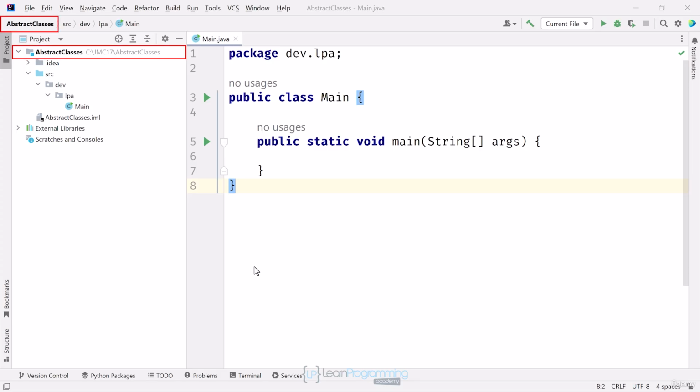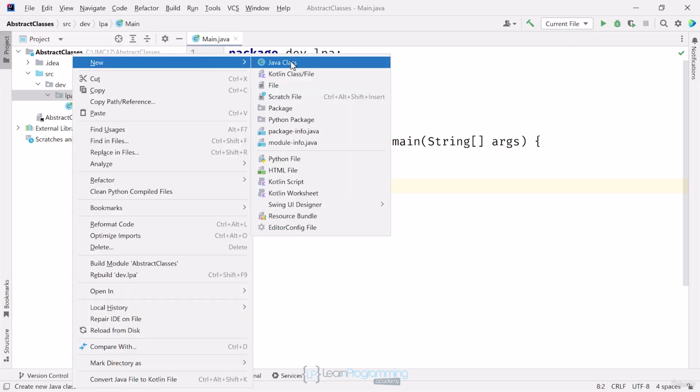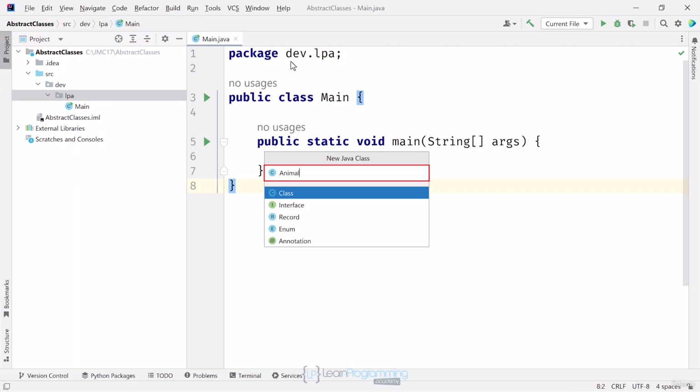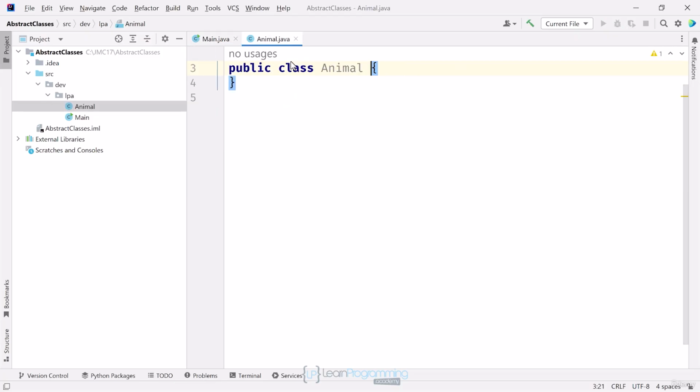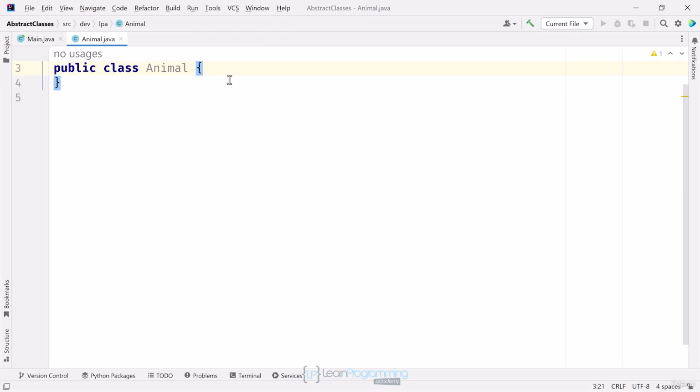I've created a new project called Abstract Classes. I'll create a new class in that package called Animal. I'm going to add the abstract modifier in this case after the public access modifier. You don't have to declare the modifiers in this order, but it's common practice to have the access modifier be